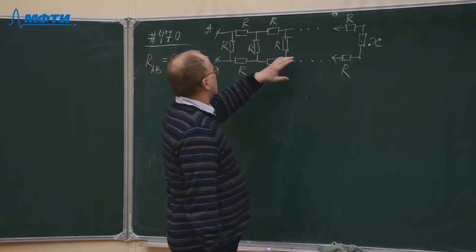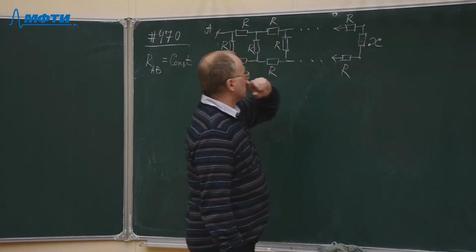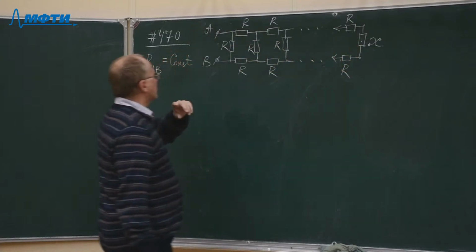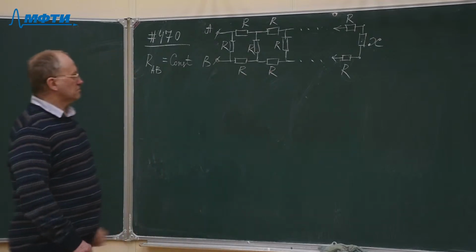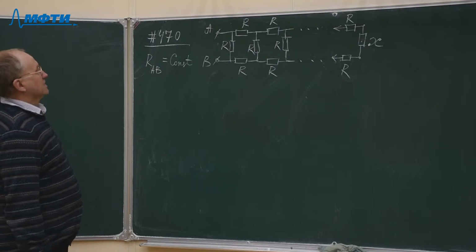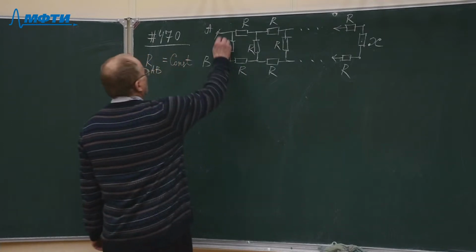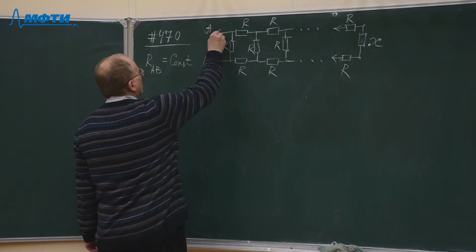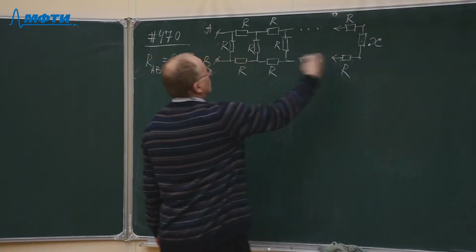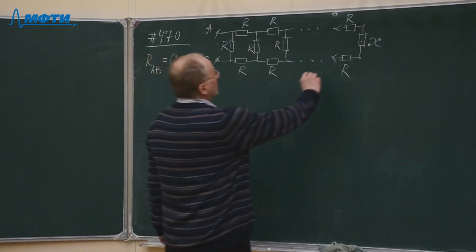We know that the resistance X of the last resistor should be chosen such that the total resistance does not depend on the number of cells in this circuit. So when will the resistance between these points not depend on attaching more cells here? It will happen when